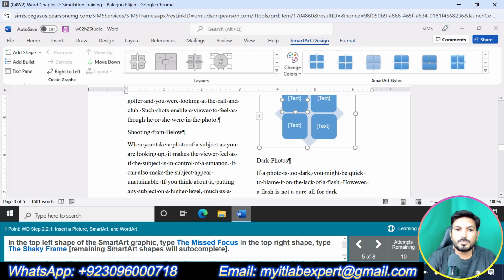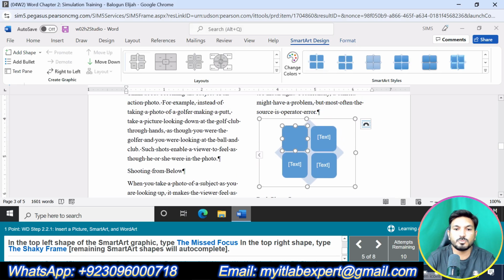In the top left shape, this one, we are supposed to type the missed focus. Okay, in the top right shape, type the shaky frame.